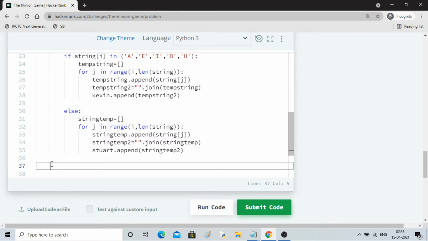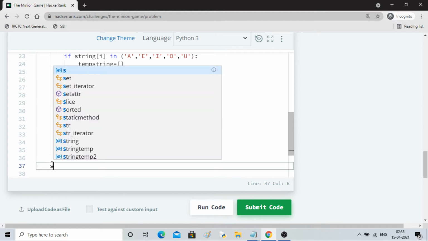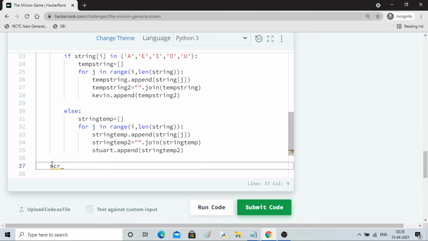So how I'm gonna count is, I'll define a variable score of Kevin and Stuart, STRT, let's say, is equal to 0, and like this. Okay, sorry, control C, like this.